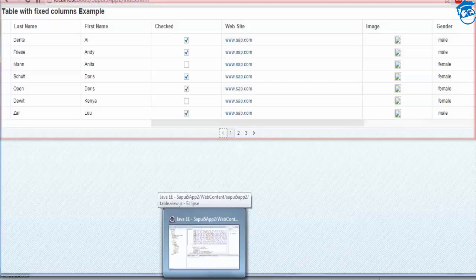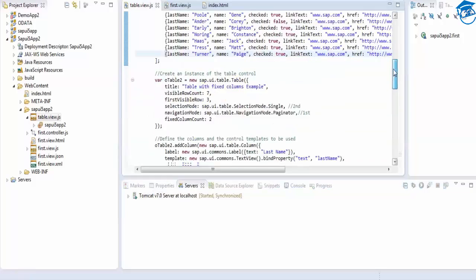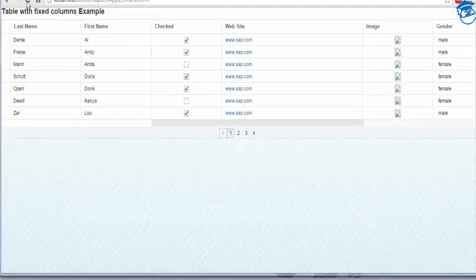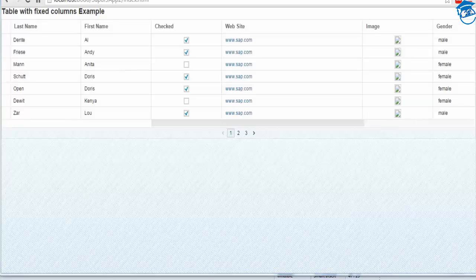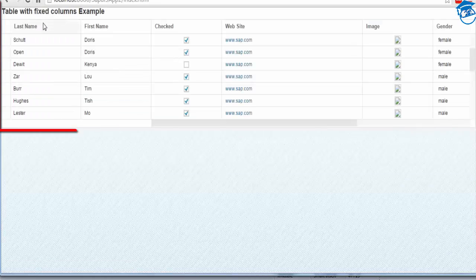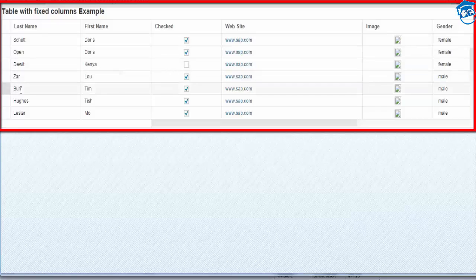First, in the table control we have the pagination mode. We'll remove this pagination mode and see how our table behaves. So we're going to refresh this. Once I refresh, see, there is only 7: 1, 2, 3, 4, 5, 6, 7. So where are the other records? They're not displaying. That's the reason we have to add pagination, or else we have to increase the